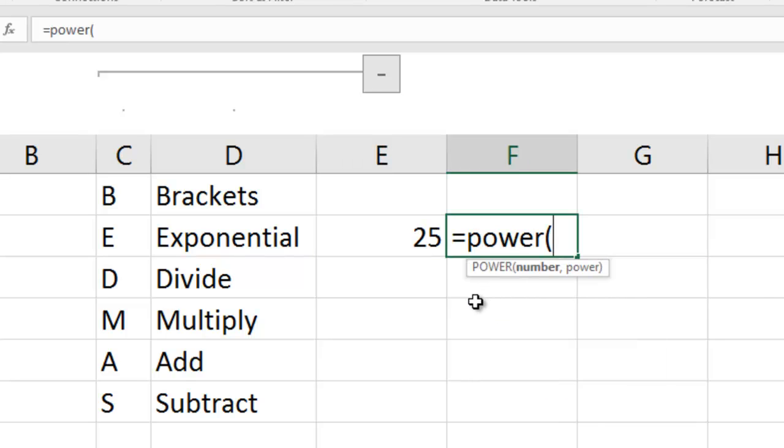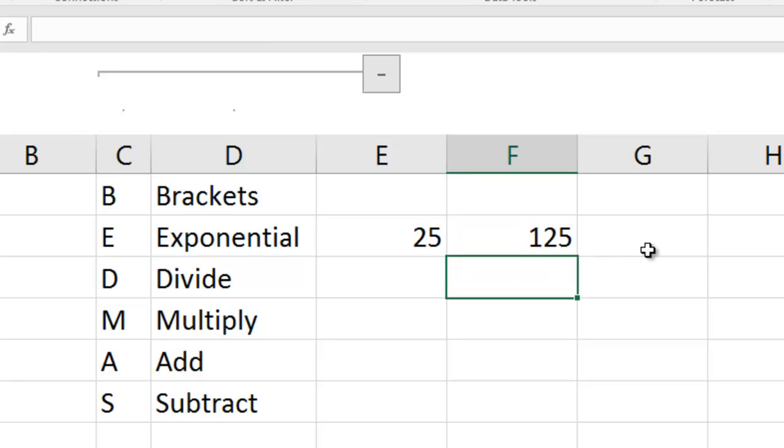And what you do here is you simply say the base figure, let's say 5, followed by the power itself, 2. Okay, so 5 squared is what's going to happen there. If we said something like 5 to the power of 3, that does 5 times 5 times 5, which is 125. So this BEDMAS, if you don't know it, or if you've forgotten it, you need to memorize this because